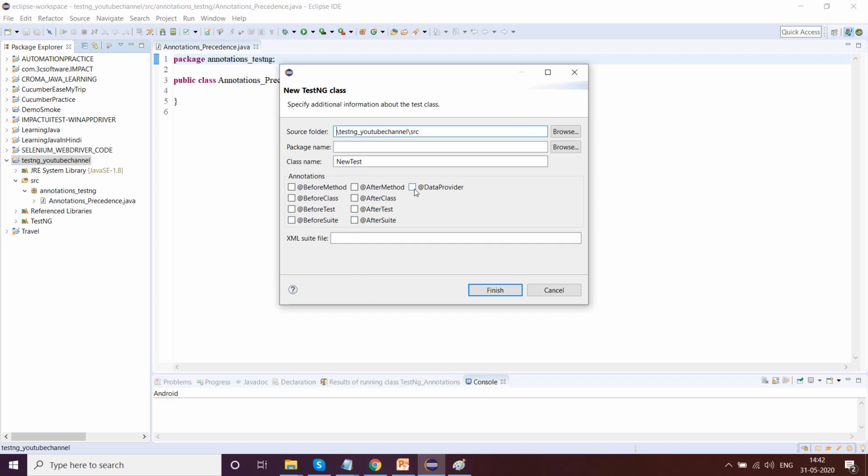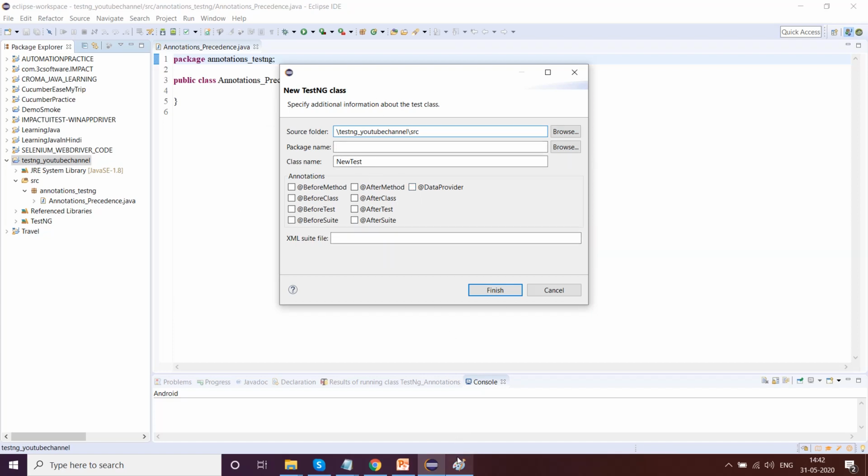Technically all of them are functional, but some annotations are way more used in the industry. We will create a very small program which depicts the precedence of the annotations' execution.